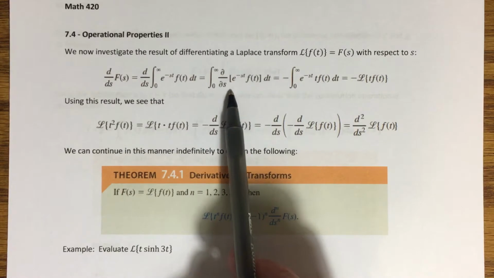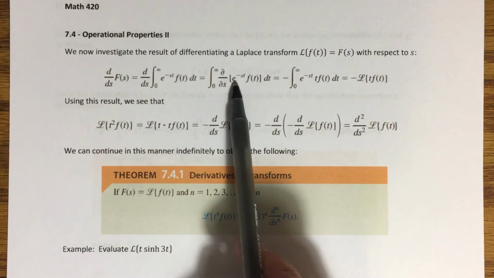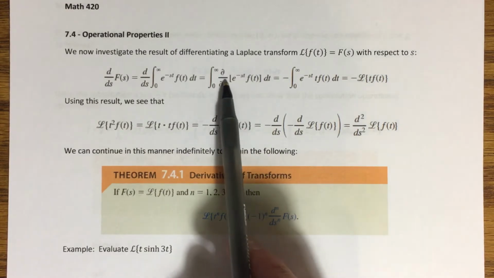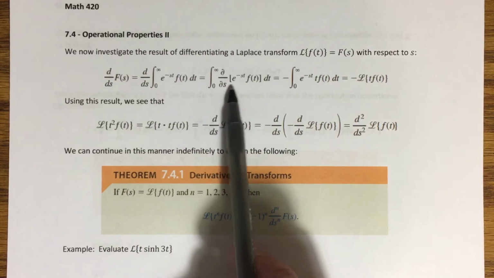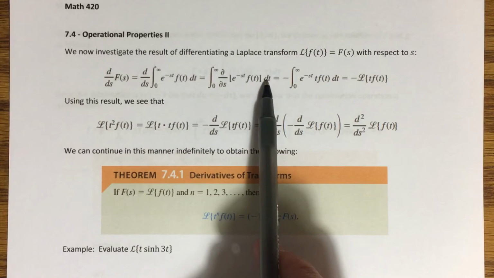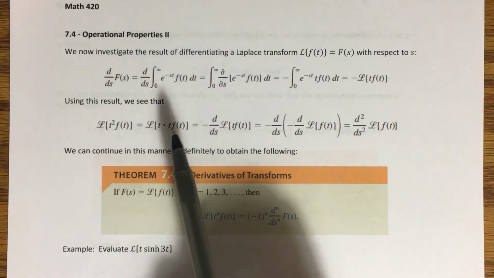And the reason for that is if we're differentiating with respect to s, we're going to be treating this function as a function of s for the purpose of differentiation. Even though when we integrate, we treat s as though it were a constant, we're differentiating with respect to s, so it's being treated like a variable here. T is also being treated like a variable because we're integrating with respect to t. So now we have to think of this as a function of two variables,